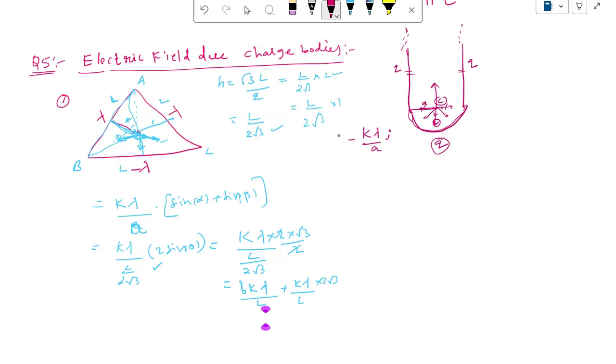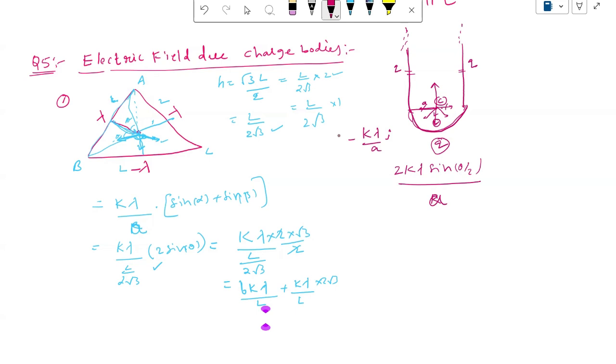Now the field of this arc, the formula is equal to 2 k lambda sine theta by 2 by r. So this is the formula, meaning 1 by 4 pi epsilon will come. Here r means the radius, which is a. So the radius is a. And here sine of theta by 2, so here theta is